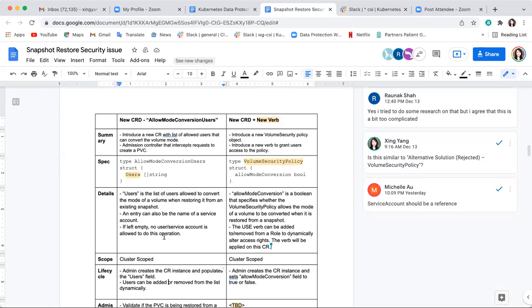The admin is going to create or modify the CRD with the users that are allowed to change the volume mode. So if the admin knows that there's a backup vendor using this service account or this particular user, they'll add that to the CRD.